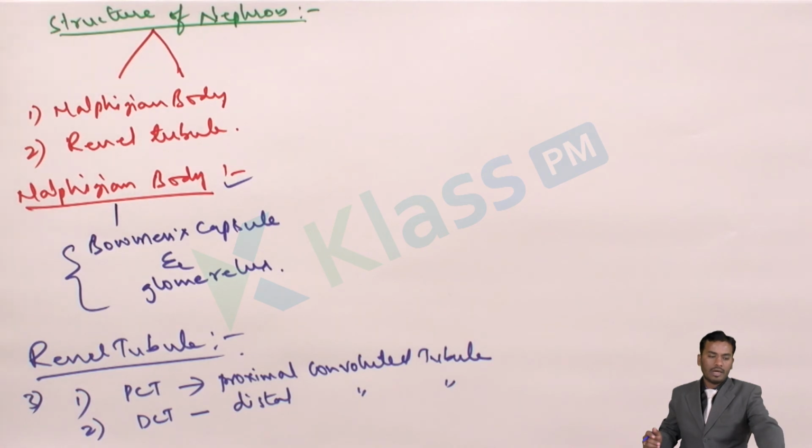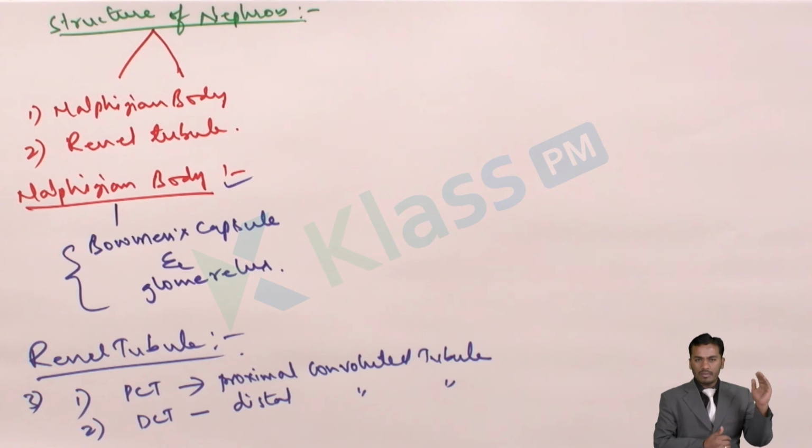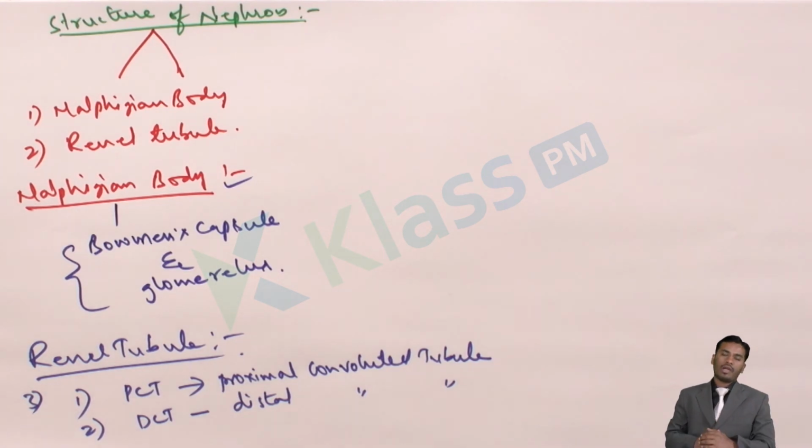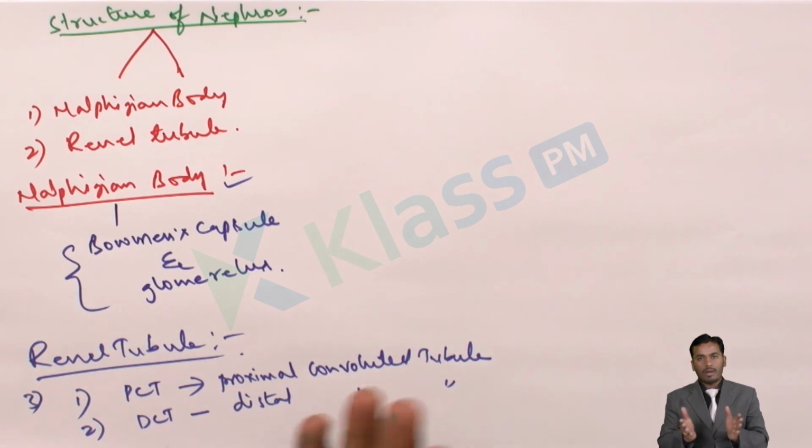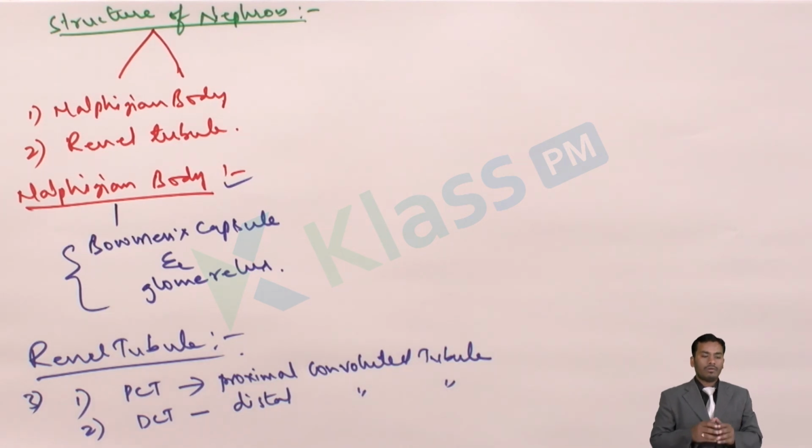And next what we have is the mechanism of urine formation. How will this urine be formed? What is the mechanism for the formation of urine? What are the different components or gases or elements involved in this? And which body part works in what way for the formation of urine? That we'll be learning in our upcoming class.